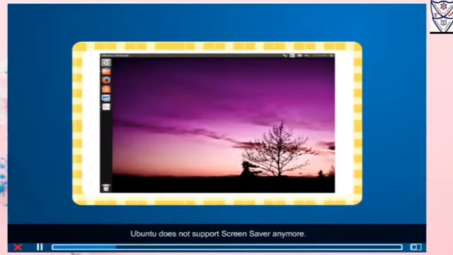Nowadays, they are mainly used for fun, entertainment and to lock the computer for password protection when you are away from it. Ubuntu does not support screensaver anymore. Screensavers were actually removed back in Ubuntu 11.10. It now supports a black screen that puts the monitor into lower power mode when the system is in idle state for a long time.